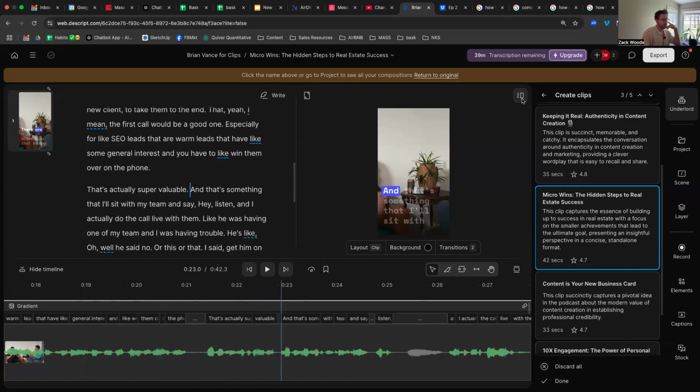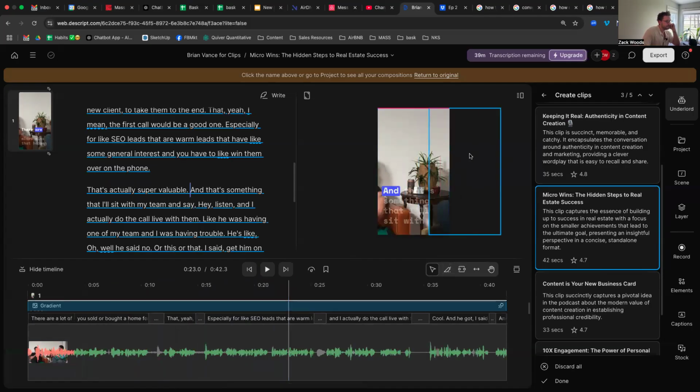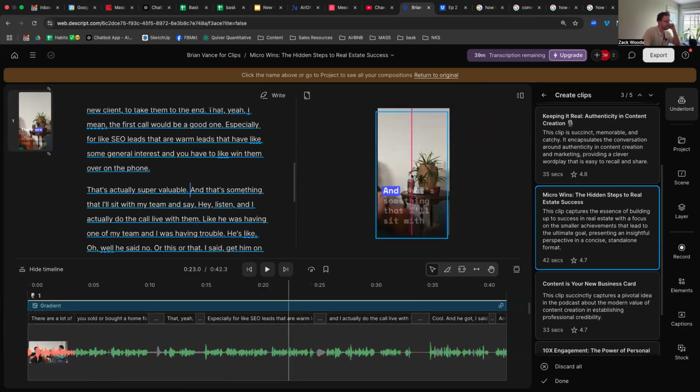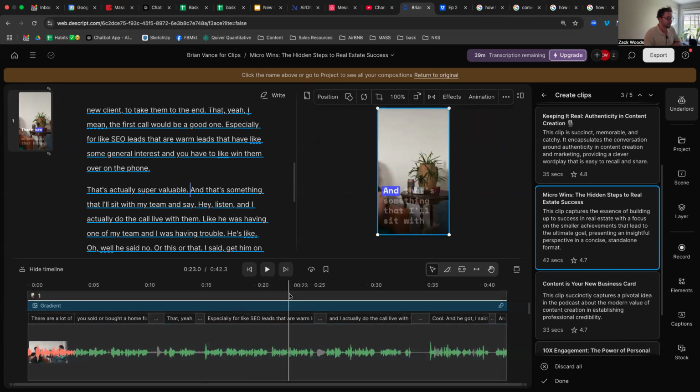Really, really awesome. Now I do want to play just for a second to see if it would be possible to position, fill, scene editor, bottom left, effects, animation. I think the tough part is, and this is where you just lose a lot of control in a tool like Descript, right? To give you an example, if I wanted to make a 20-second clip where the camera bops to 3 different views in a 20-second clip without this bullshit, right?